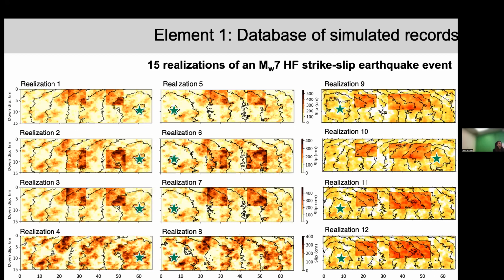So some of you may remember that we started with the idea of having 3 realizations, then we moved to 8, and now finally we have 15 realizations of a magnitude 7 Hayward Fault strike slip earthquake event. The overall idea here was really to start having a sense of the aleatory variability associated with this magnitude 7 Hayward Fault strike slip event. And here you see a representation of the slip distribution for these 15 realizations. You can clearly see they differ from each other in the distribution of slip, in the location of the hypocenter, so the point of initiation of these ground motions, and they're also different in the depth of the rupture plane, so for the Z-TOR.